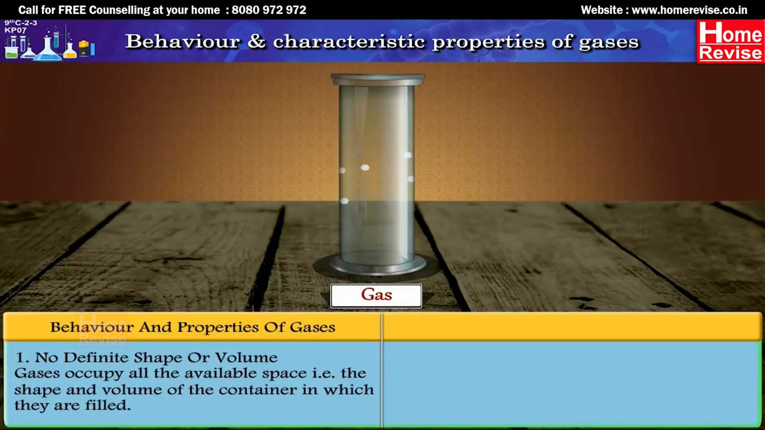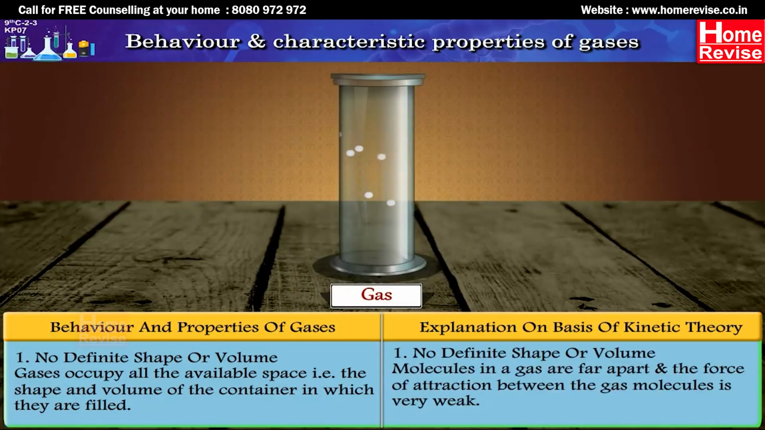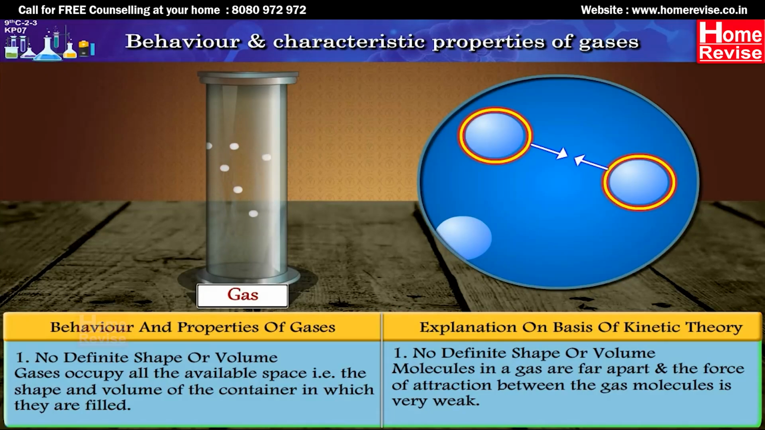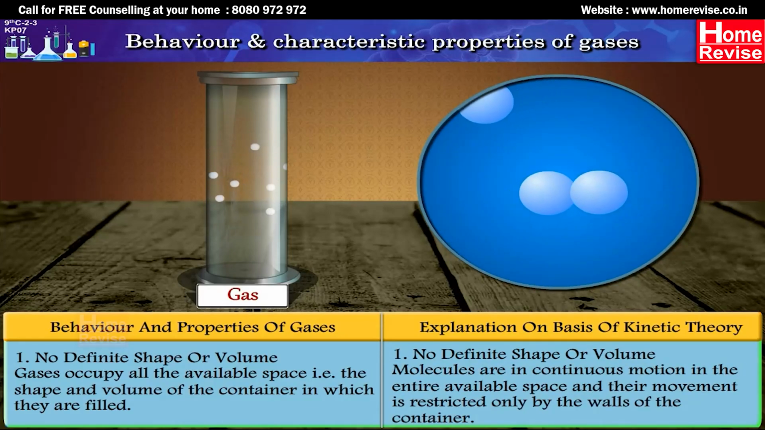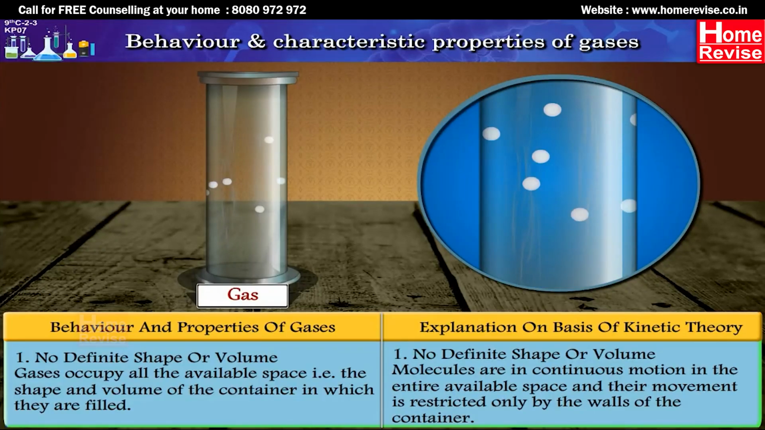1. No definite shape or volume. Gases occupy all the available space, that is, the shape and volume of the container in which they are filled. Let us now see the explanation on basis of kinetic theory. Molecules in a gas are far apart, and the force of attraction between the gas molecules is very weak. Molecules are in continuous motion in the entire available space, and their movement is restricted only by the walls of